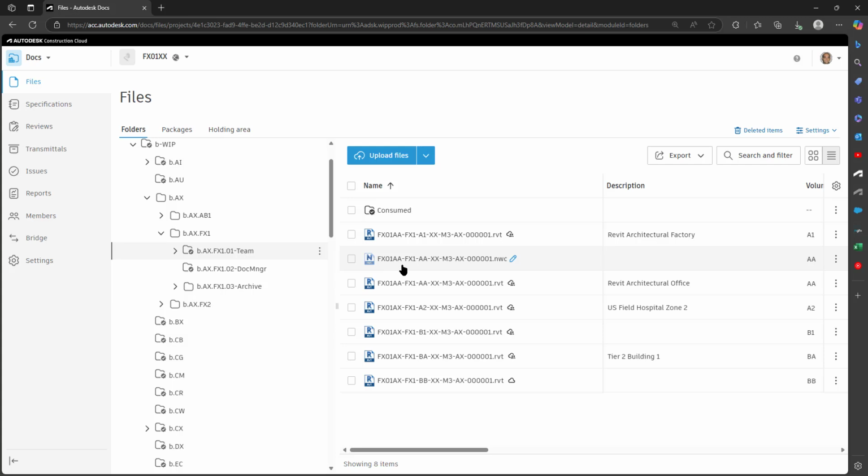We will find that we have our Revit files. So these I've already created. There are 3 of them. The one is on a zone called B1, and then there's also a zone called BA and a zone called BB. The way that my naming protocol works is that B1 would refer to a building that can have multiple